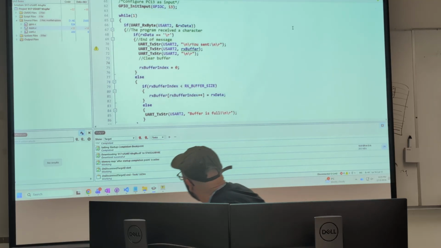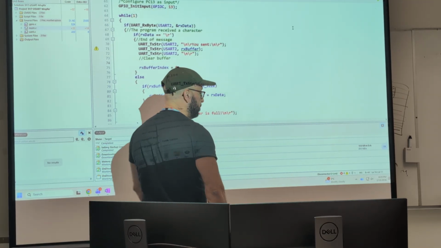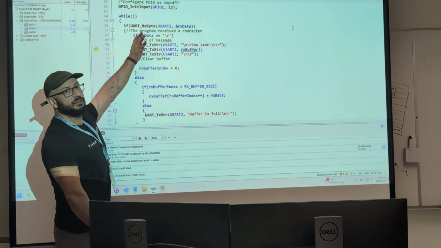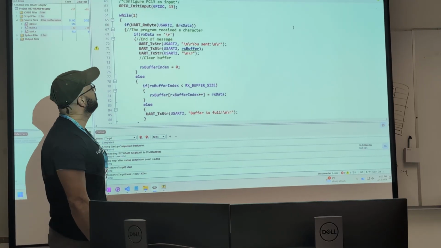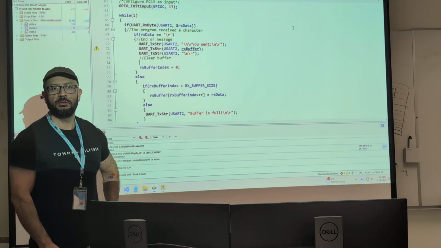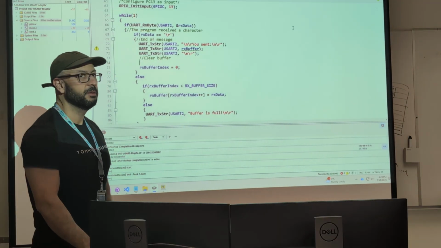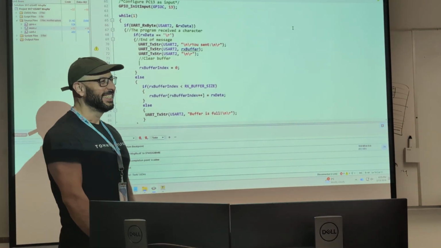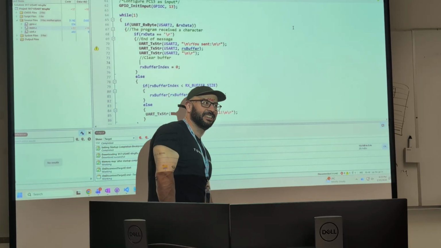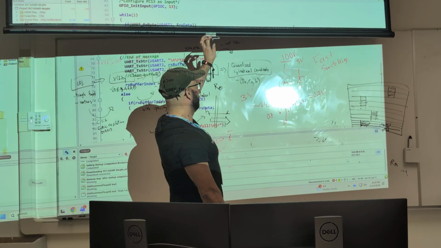So once you are able to do that, call me over and I'll check your implementation and you show me that it actually works. But this is assuming that you already have these functions coded. That's the only problem. Who's still working on the library? Oh, still. Okay. Come on. You shouldn't be in that situation.